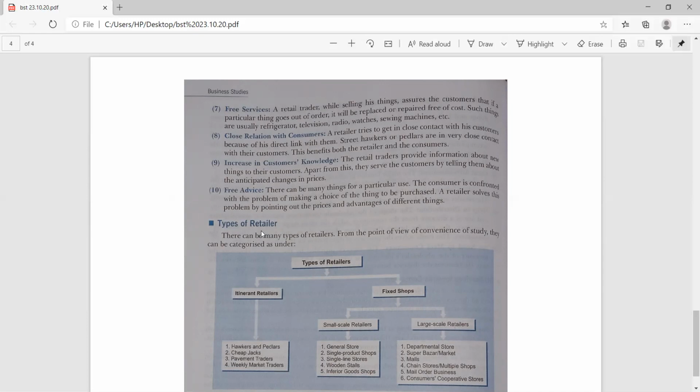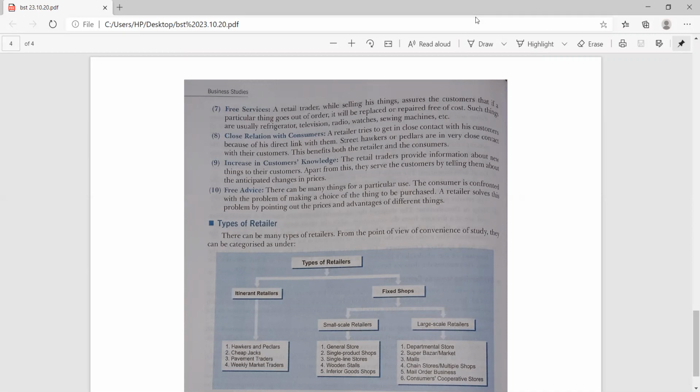So please mark, it's a very important topic from the examination point of view. Surely you will get a question, 101% you will get a question out of this topic. Types of retailer. Any type of retailer can come, you will find it as a long question or a short question in the paper. So please mark it important, and before joining the next lecture on Monday, please read it thoroughly and prepare notes on the concepts that we did today. Whatever we have done is all for the day, and everybody has to do as I instructed.